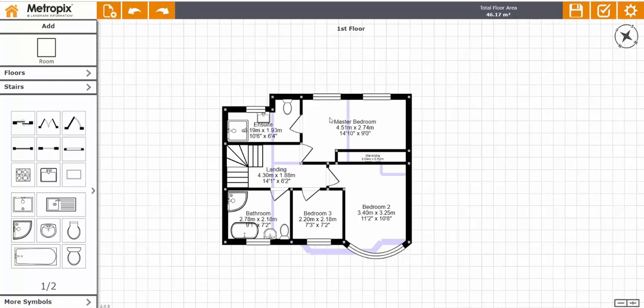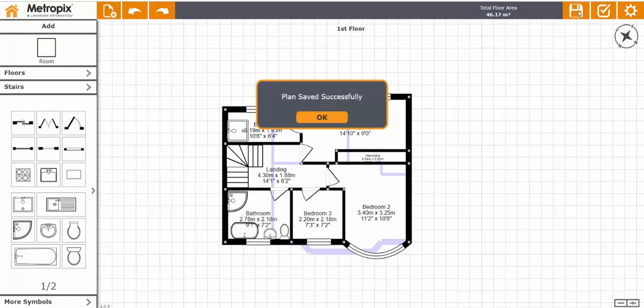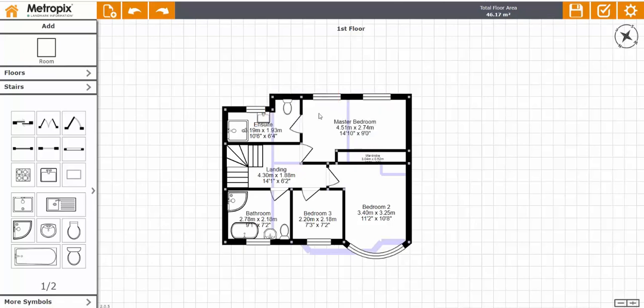Just as a safety net, really, because it is such a brand new system, I would rather put safety first. The likelihood is you won't need to use that save mechanism as a fallback, but it's just protecting you in all cases, so it's well worth doing. So as I say, every now and again, just hit the save icon. That will save a copy to your unfinished plan, and you carry on drawing. So you're fully covered. Okay, so once we have